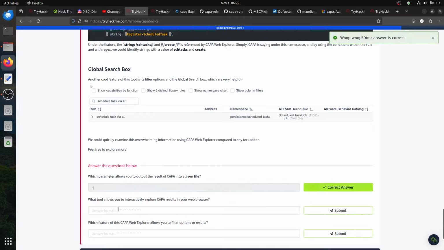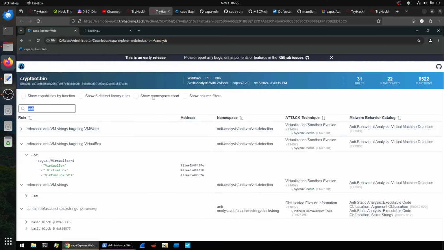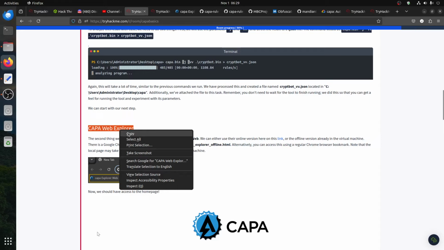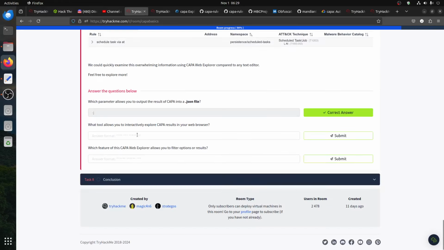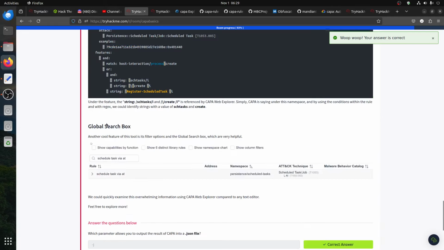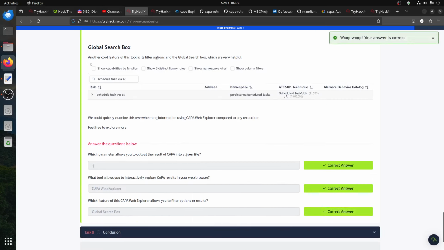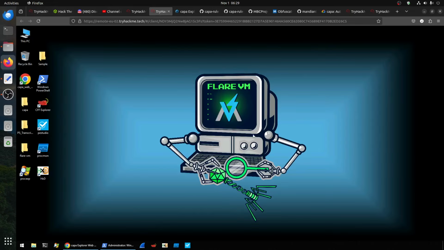What tool allows you to integrate? That's exactly what we've been doing. This is the software, CAPA Explorer Web. That's exactly what we call it, CAPA Web Explorer. And then which feature of this CAPA Web Explorer allows you to filter options or results? Of course, the global search. So this room is more of an introduction to show you what you can do with CAPA. Of course, CAPA is part of, remember, the Flare VM, which has its own room, and there